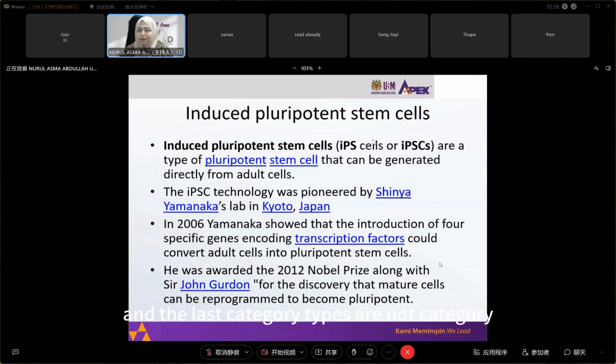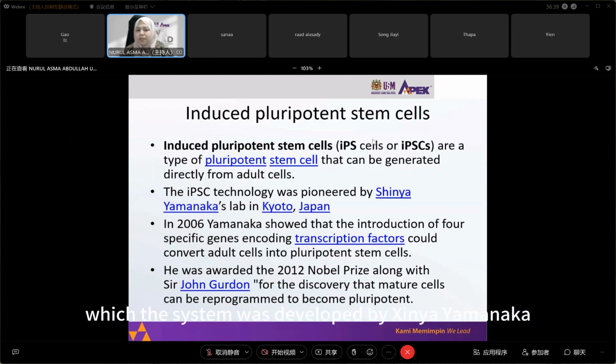And the last type of stem cell is called induced pluripotent stem cells. These induced pluripotent stem cells are not stem cells in origin, so they must be induced from adult cells, for example from epithelial cells, the skin cells. You isolate your skin cells from your cheek, inside your oral environment. So with the help of certain factors,